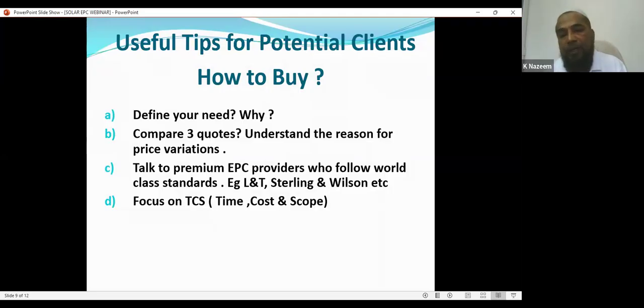Or you have a lot of money and you want to start an open access megawatt project and sell the energy to BESCOM or the private consumers. That is called an IPP, Independent Power Producer. You want to become an IPP. You want to install a solar power plant and you want to sell to the consumers, either government or private consumers. So the first and foremost thing is that you have to define your need, why you are going for solar. For example,